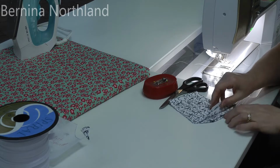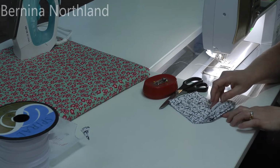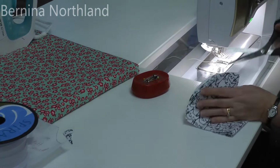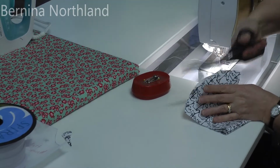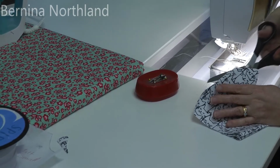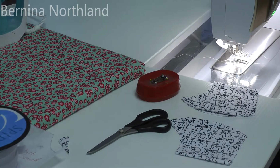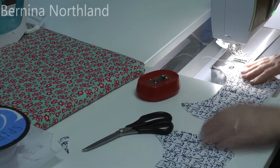Now, take off my pattern. On this side, if I have got some folds like that, because my width of fabric is a bit narrow in this particular fabric, I'm simply going to cut those open. Some fabrics slightly wider mean that you don't have that as an issue. Now as I pull that apart, I've got sufficient for 2 masks. Here's one mask,